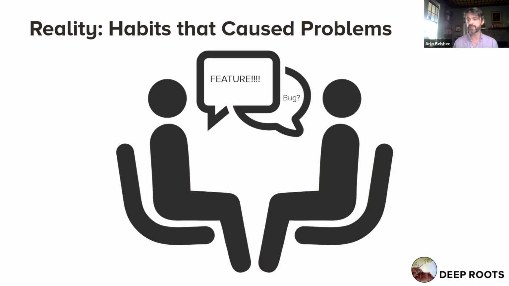There was one SVP in particular who continued to prioritize features over bugs and certainly over bug prevention. As a result, he created an organization in which the only way to succeed, given that the message from the CTO was address technical debt and bugs, and the message from the SVP below him was do features first, was to do your features and do all the bugs on the sly. And so people started sneaking, and of course that leads to all sorts of bad things, even if it comes from the best of intentions.